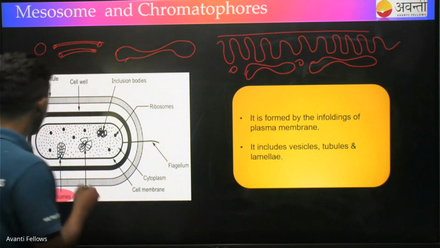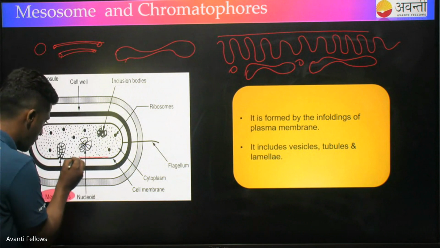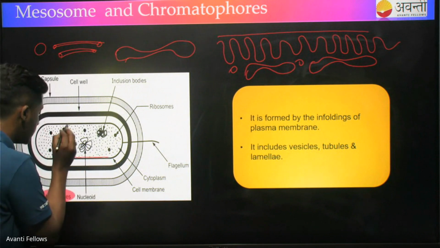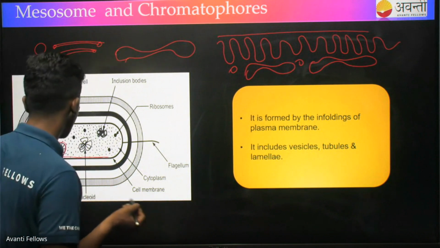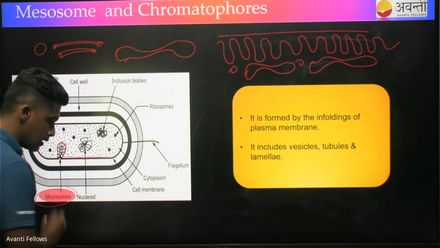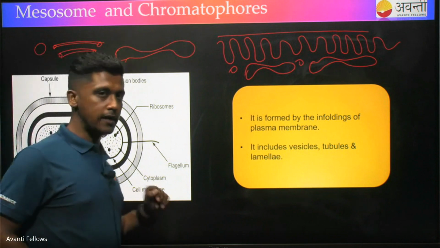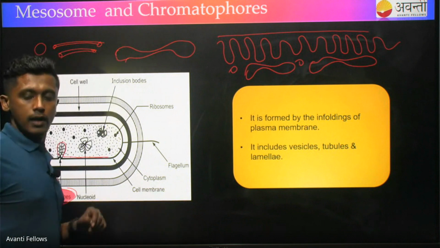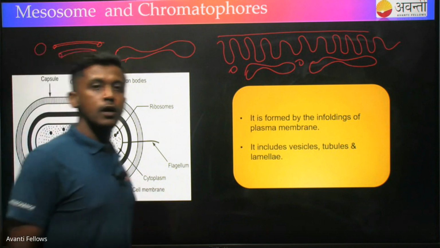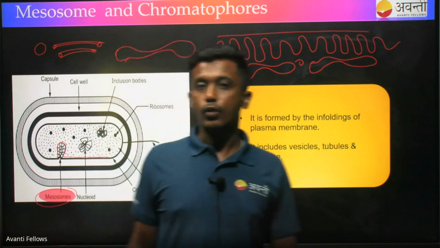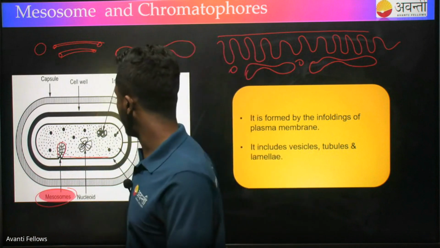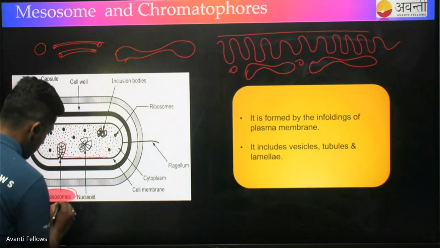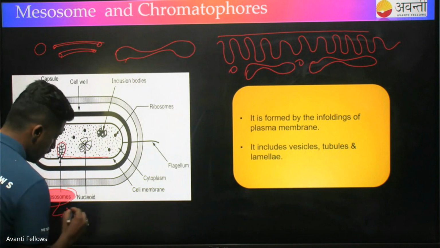So these inner foldings you can see here, this is a plasma membrane, and this inner folding is very important. Why is this inner folding important? These regions in the inner foldings of the plasma membrane, we call them mesosomes. Now, what is the purpose of the mesosome? Mesosomes have several functions. One of the major functions of the mesosome is that it helps in